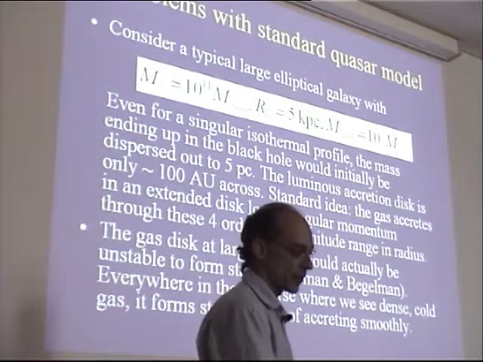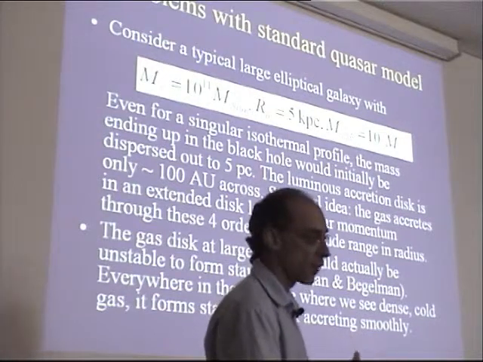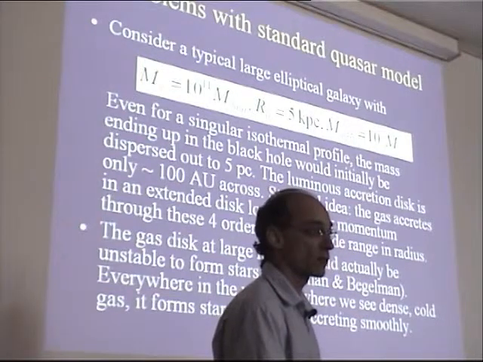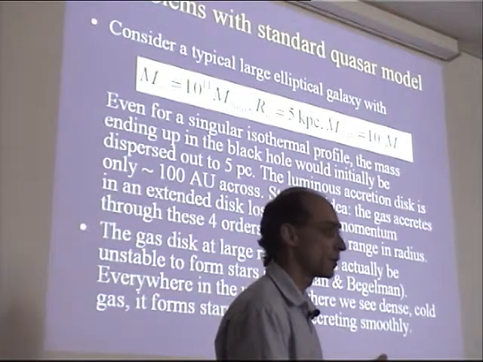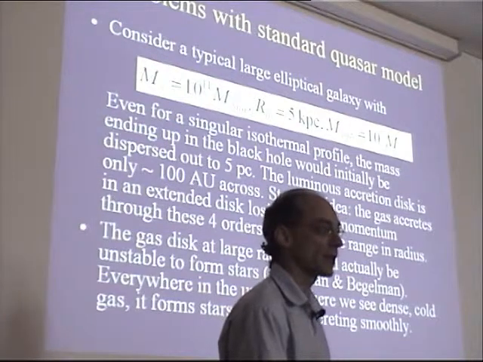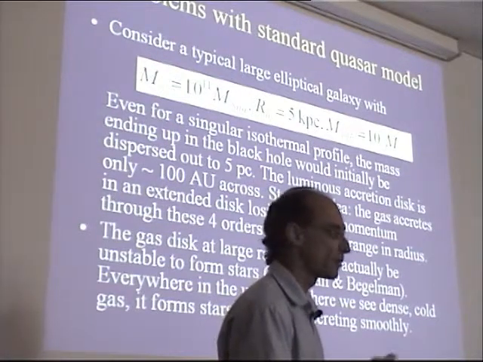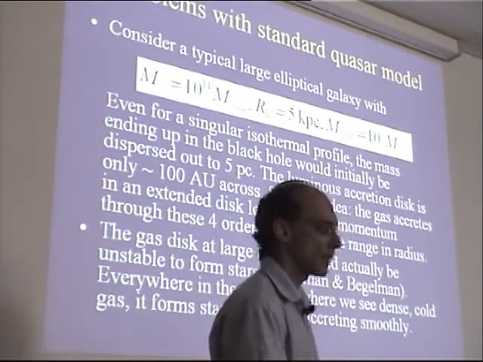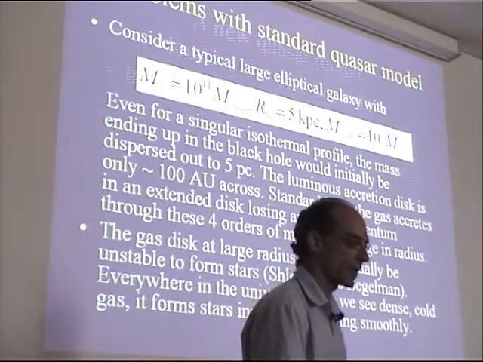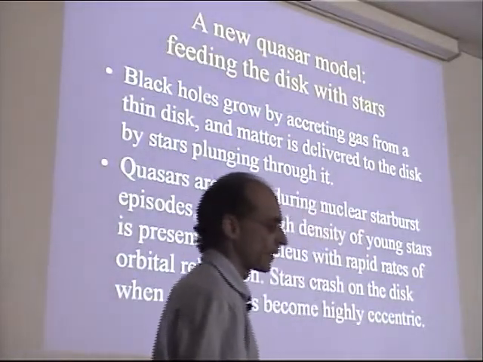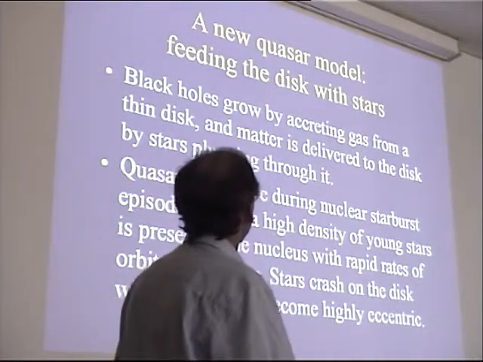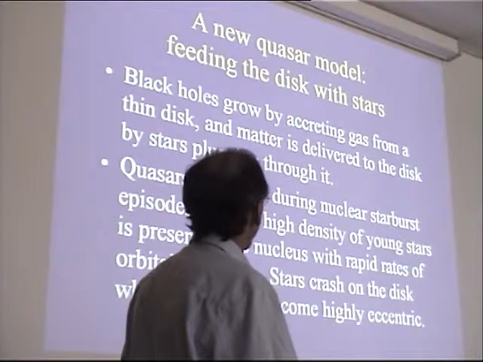So that's basically a problem, and I think that if we didn't have any observations about either quasars or nuclear black holes in galactic nuclei and their masses, and we just had to start from theoretical principles trying to predict what kind of black holes we are going to see in the center of a galaxy, maybe we would predict, well, there will be a stellar black hole, maybe it has grown to 1,000 solar masses, but we'd have no idea that the masses would have grown to 10 to the 8 or 10 to the 9 solar masses the way we observe. So the new quasar model that we have proposed in work with Juna Kohlmeier is